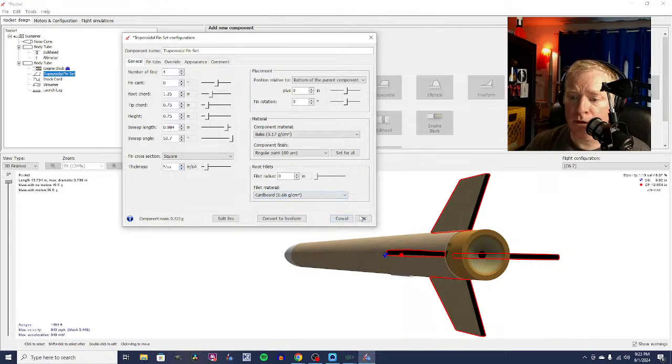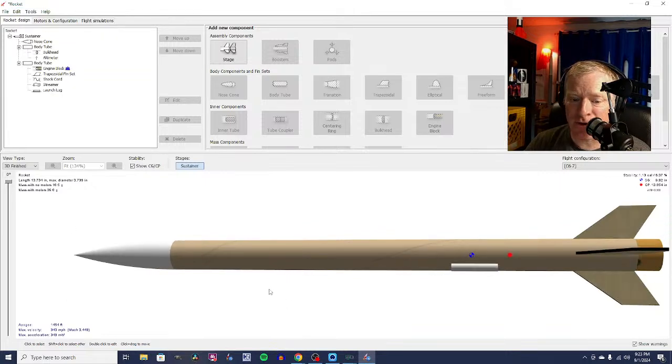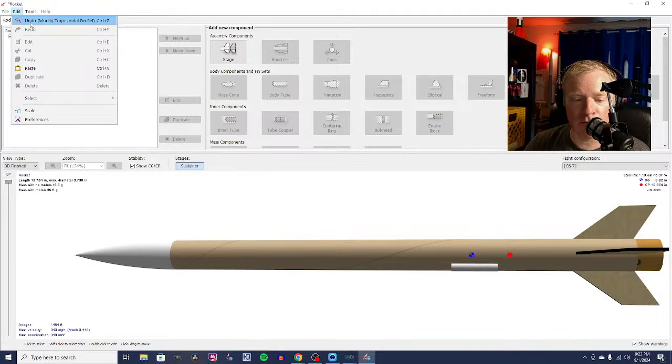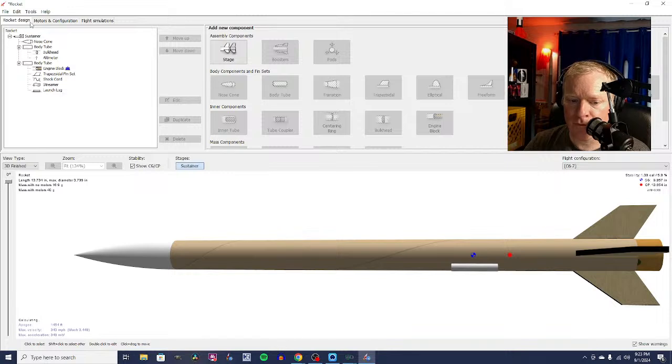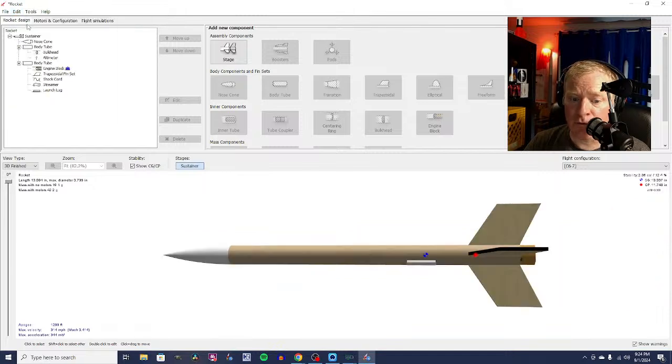Wow. Okay. So let's look at what has happened here. We're going to undo what we just did, because look at where our altitude is for this single stage rocket so far. We are currently up to 1,454 feet by making the fins smaller and thinner. If we replace those 1/16 inch fins with twice as thick 1/8 inch fins, we lose a couple hundred feet, 1,288 feet. And then if we go back to the big old fins we had, we are back down to,